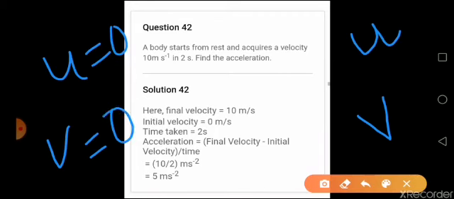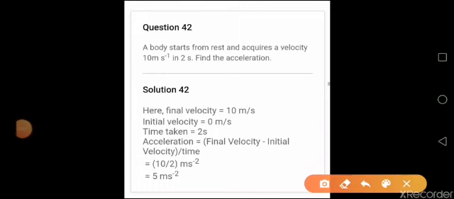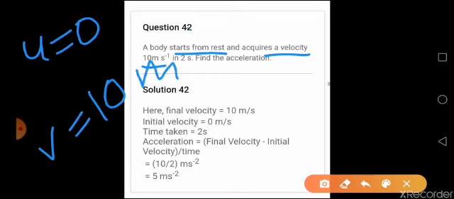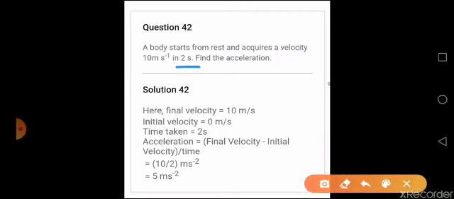So these are the 2 points you have to remember always throughout, not only in this class, in your higher classes also. When you solve problems related to motion, these 2 points should be very clear to you. Now let us start with question number 9. Here it is given a body starts from rest, which means that u is equal to 0. Right? Now after that it acquires a velocity of 10 meter per second. That is, v is equal to 10 meter per second. Right? Now time is also given to be 2 seconds. You have to find out acceleration.